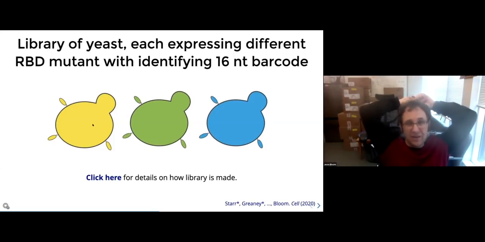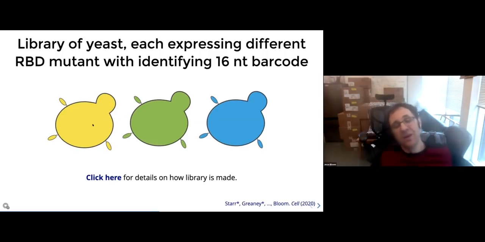And so we actually have lots of RBD variants in these libraries. We have almost all of the single amino acid mutations, and we also have many double and triple mutants in these libraries. For the purposes of the talk today, I'm just going to be talking about the effects of the individual mutations, but certainly you can imagine that looking at epistatic interactions among multiple mutations in the RBD is also becoming increasingly important as more and more mutations accumulate.